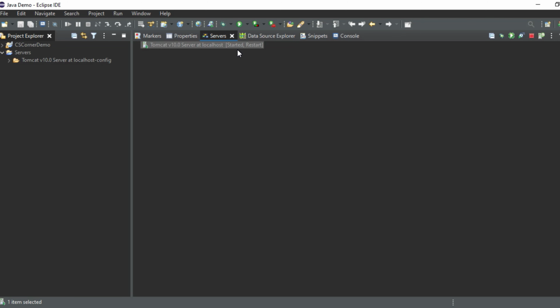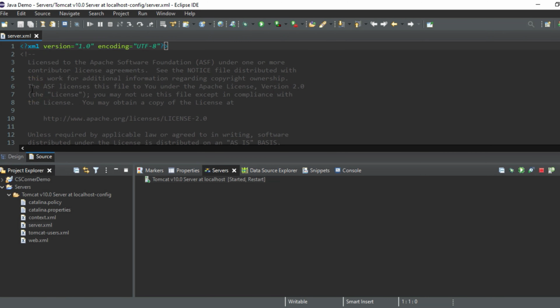Before showing how you can create web project and how you can run that on server, I would like to add one step. Sometimes it happens that you get problem that port already occupied because we have so many software installed on our laptop, and it may happen the default port which Tomcat is using is already occupied by someone. So you can change that port. So here is the option which you can use for checking what is the port number which Tomcat server is using. So just click on this server.xml.